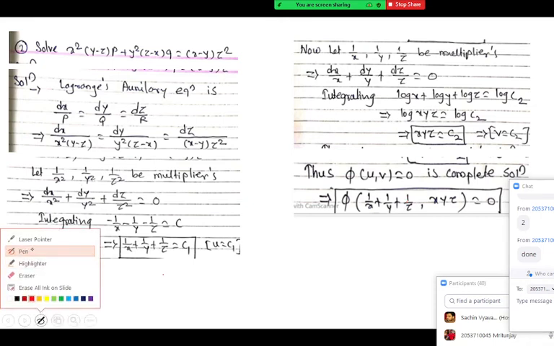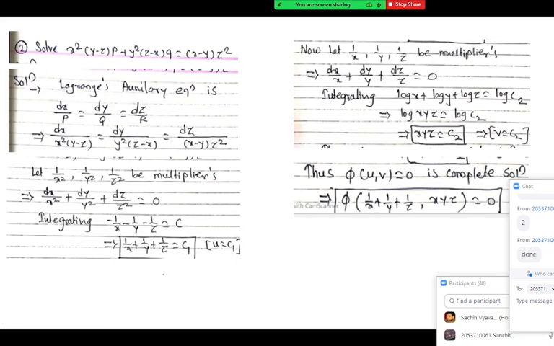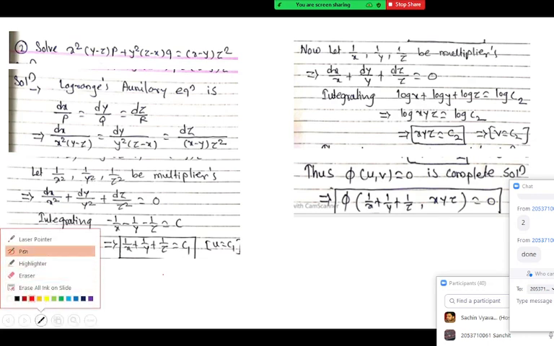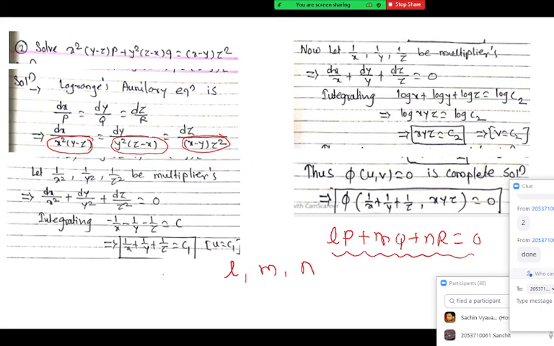I'm saying the multipliers are say L, M, N. Just 1 minute. The multipliers are some L, M, N. These elements are not necessarily a number. They are functions of x, y, z. They can be different, they can be the same. The only important thing is, if they are P, Q, R, then when you multiply L with P, M with Q, and N with R, that sum should be 0. If these elements multiplied with P, Q, R give a sum of denominator 0, the sum of numerator should be 0 then.